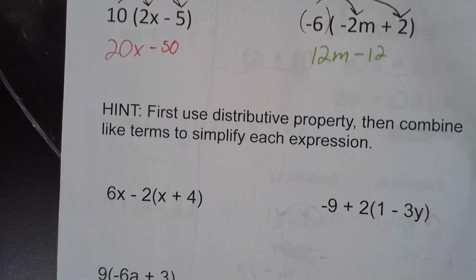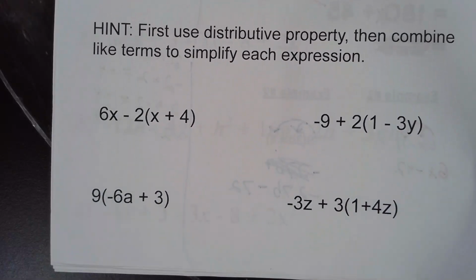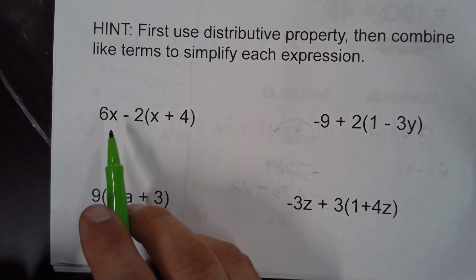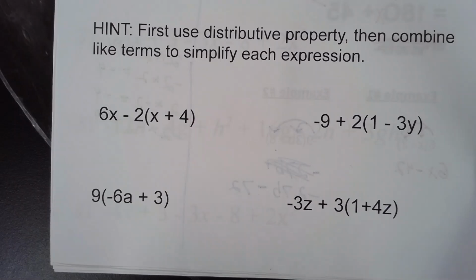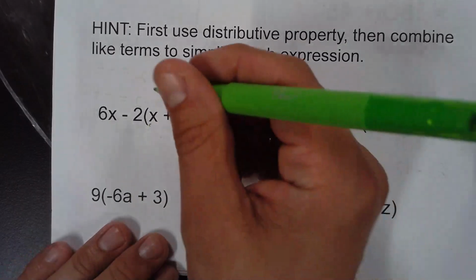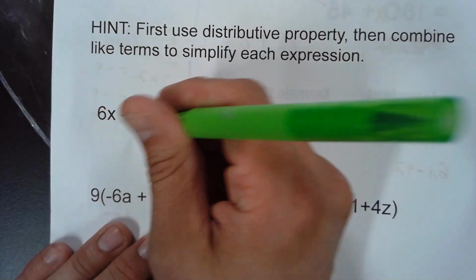So I'm going to do the first couple examples down here, and then let's do the last two on your own. So this looks a little weird. But like this first example, it says 6x minus 2 times x plus 4. The only thing multiplying the x plus 4 is this 2,